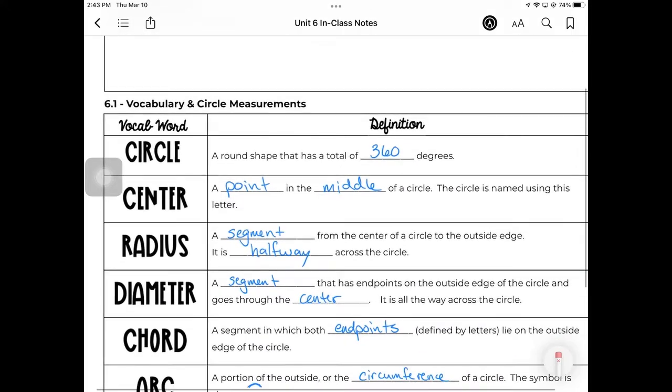Now, this video might go kind of quickly through some of the vocab. You can see I've already filled in some of this. If at any point you need to pause the video to copy things down, go ahead and do that. But make sure you're kind of following along, and I'll try and outline things and point to them whenever I'm